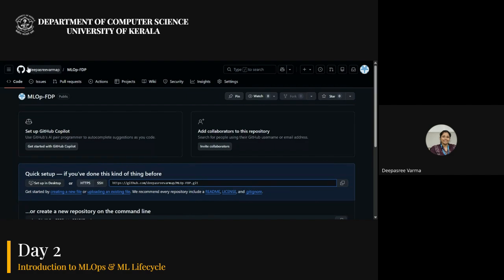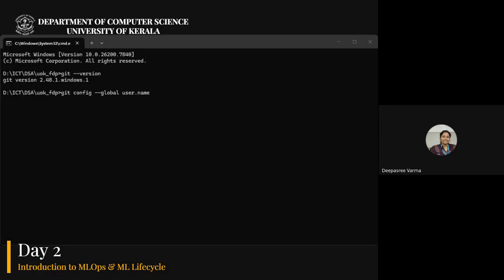You can just copy this. Similarly, you need to configure the email ID as well. The same email ID you used to create your GitHub account.